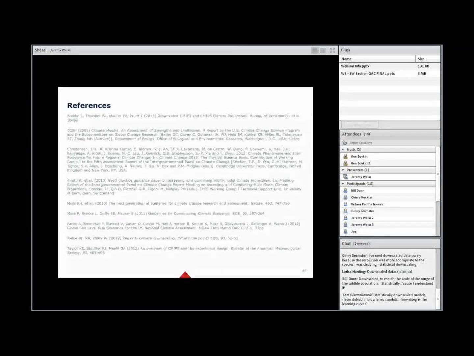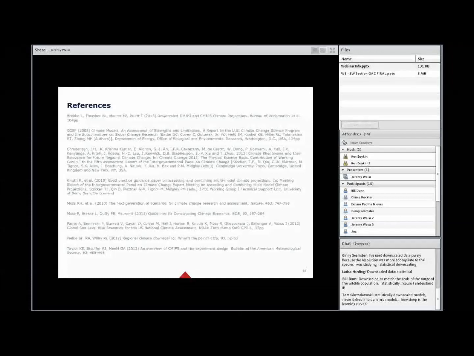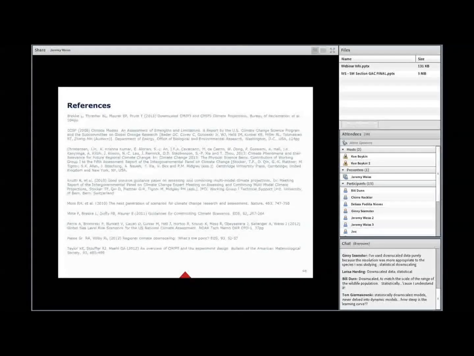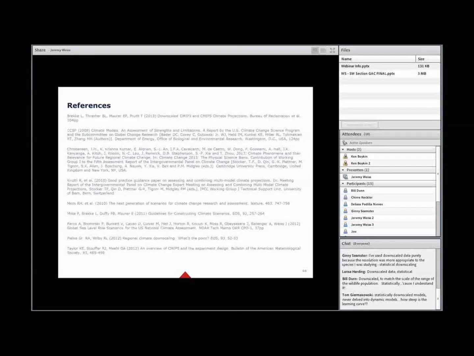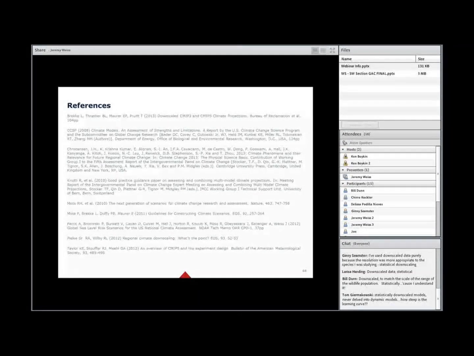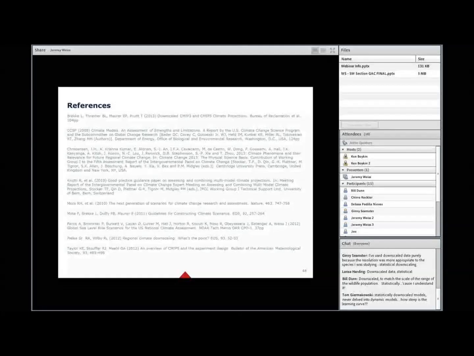Okay, so whether to use an ensemble, and what they mean by an ensemble is just a comparable group of models, or selected individual models. This has been a debate that's been going on over the last few years in climate science. And I don't think there's a real clear answer to that question.